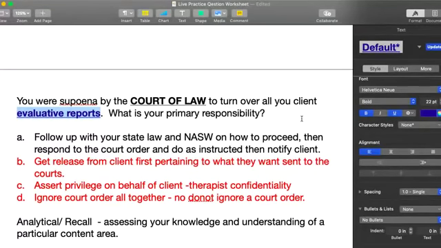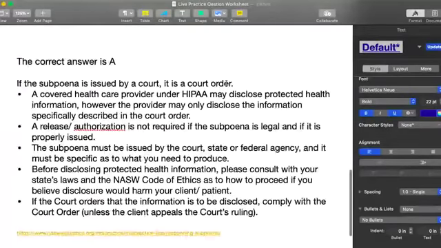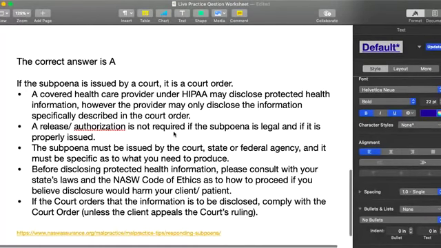That's what you're being ordered to turn over, and that's what you need to turn over. A release of information is not required if the subpoena is legal and if it is properly issued. So it's coming from the court, you're being served that, you need to follow through with that. The subpoena must be issued by the court, state, or federal agency, and it must be specific as to what